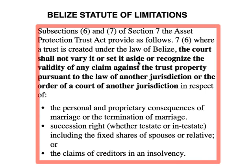Belize does have fraudulent conveyancing laws, but specifically Section 6 and Section 7 of the Asset Protection Act specifically eliminates the impact of the fraudulent conveyance laws on Belizean registered asset protection trusts. Registered asset protection trusts. Look, this is really good. It says the court shall not vary it or set it aside or recognize the validity of any claim against the trust property pursuant to the law of another jurisdiction or the order of a court of another jurisdiction in respect of